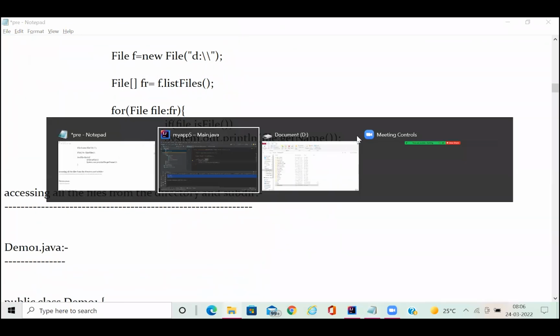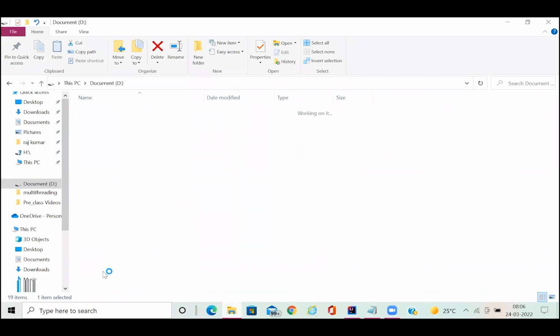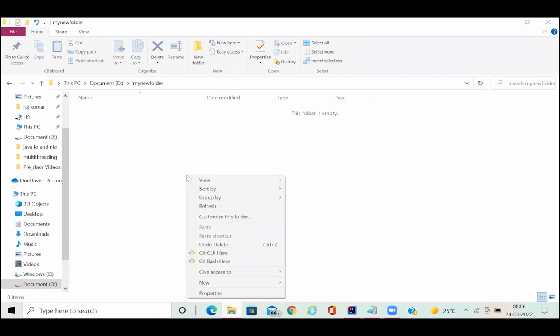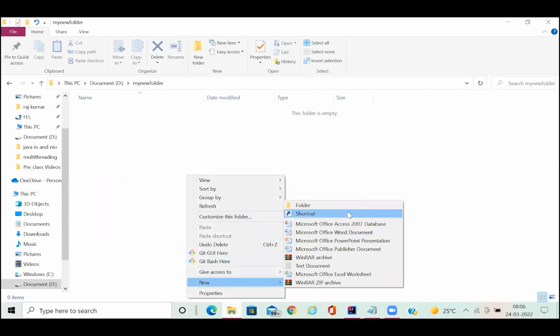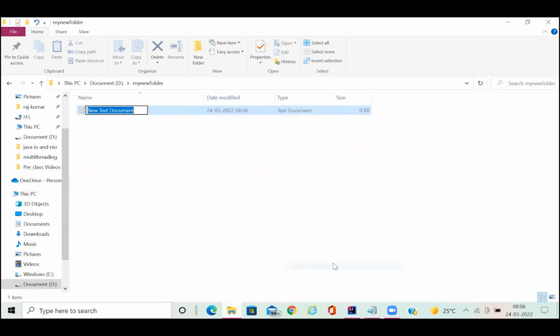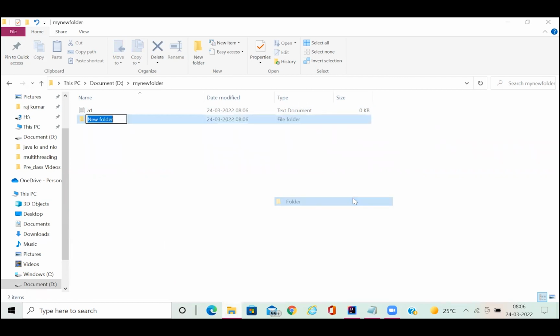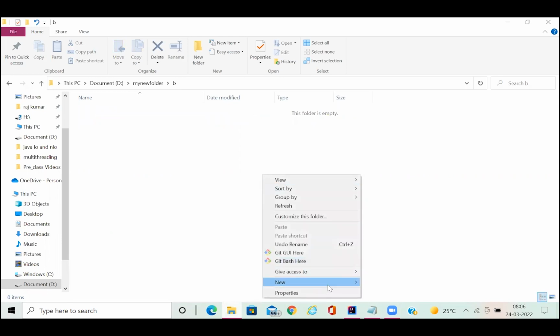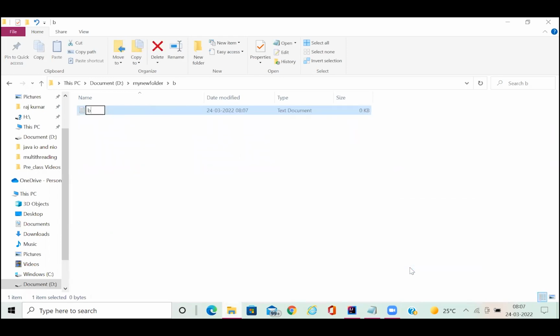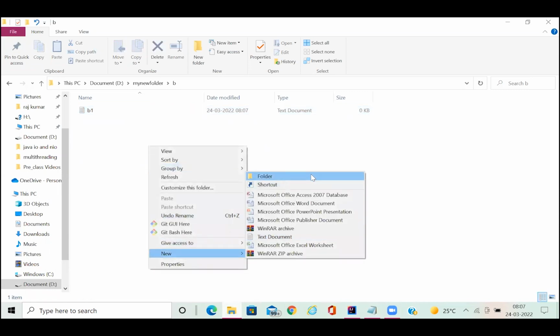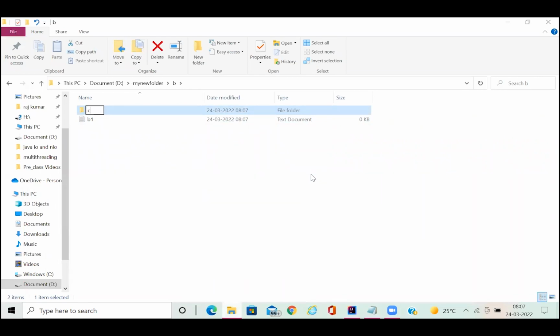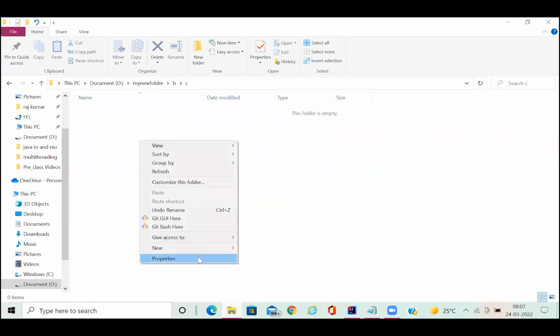Now here is one example, and this is a very interesting one. Let me show that. I'm going to create my new folder. Inside that, I'm creating one particular file, let's say new file a1.txt, and inside that I'm going to create another folder, let's say folder B, and in the B folder, I'm creating one file called b1.txt, and at the same time I'm going to create one folder, C, and in C I'm creating another file